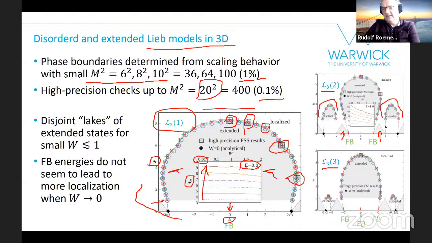And here we looked at the state at E equal 1. So there's a flat band state at E equal 1. Again, we went down to disorder 0.01, wanting to see what happens to these compactly localized states as we approach them by disorder from the top. And we see that if we increase the system size, it goes up, of course. And we see that we stay extended all the way again to 0.01. So basically, we see these seas of extended states, and we see that the flat band states don't really have much influence on the presence